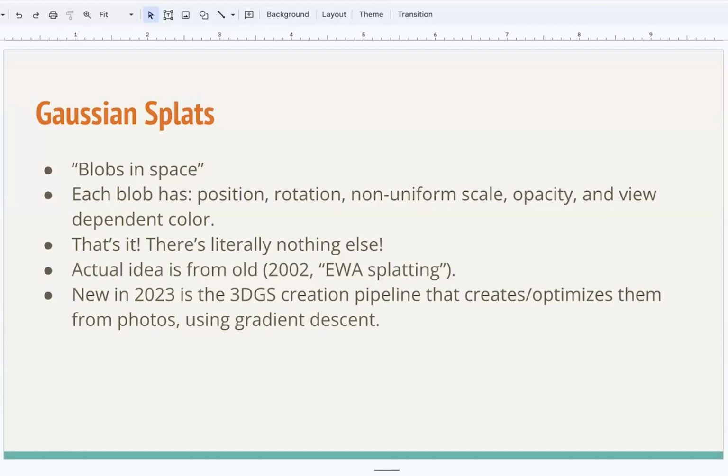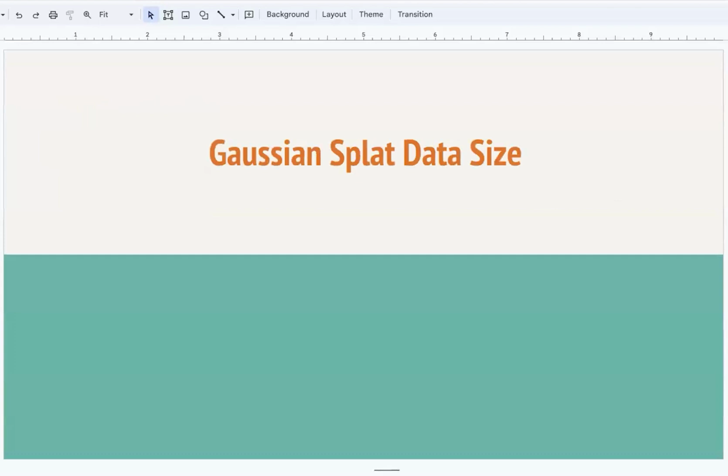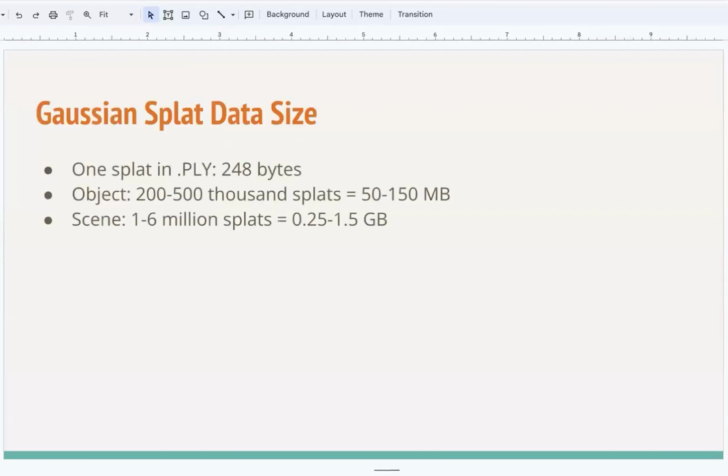Now, there's one thing that I played around with a while ago, which is that Gaussian Splats take up quite a lot of space. The standard format that everyone uses in the Gaussian Splat community right now is just the Stanford PLY format, which is a very simple format for point clouds with custom attributes.